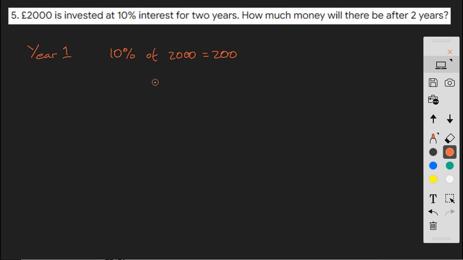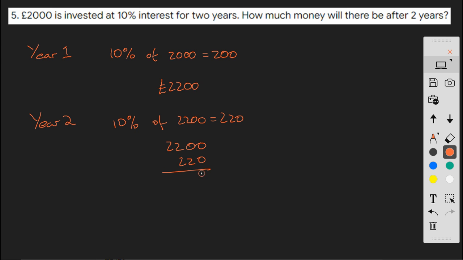So at the end of year 1, we now have 2,000 plus 200, which is £2,200. In year 2, we're going to receive 10% of 2,200, which is 220. So we will now have 2,200 plus 220, which is